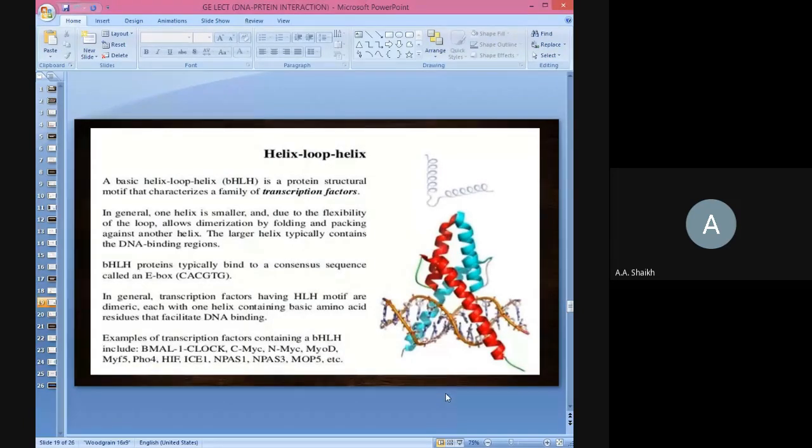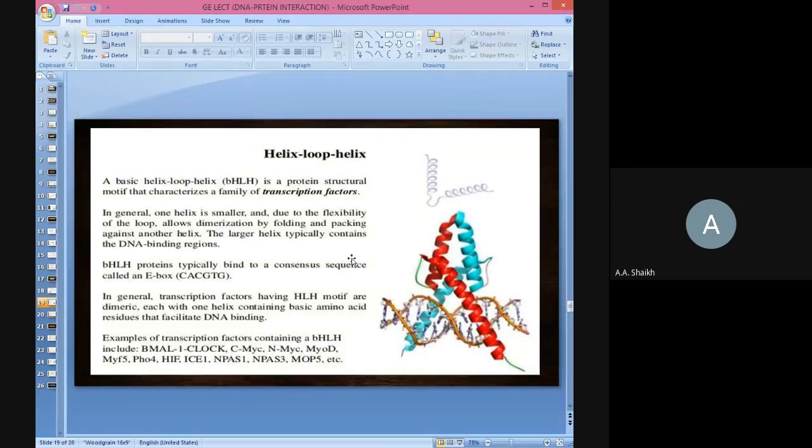Now if you look clearly, this is the DNA molecule, the structure of the DNA. These two crisscrossed structures are nothing but the helix loop helix. This is how the helix loop helix, or the leucine zipper itself, is going to interact with the DNA molecule. This is known as a scissor grip. It is like a scissor placed in a standing position, not in a lying position, on a sequence.